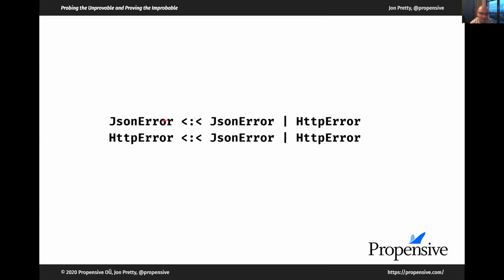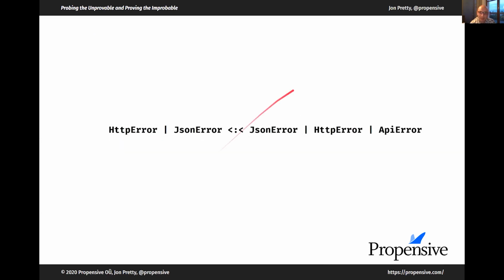A JSON error by itself is a subtype, and this is known at compile time, of JSON error or HTTP error, likewise with HTTP error. Consequently, a union of two types is a subtype of a union of more than that, which also contains those two, and they can be reordered as well.